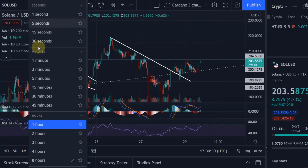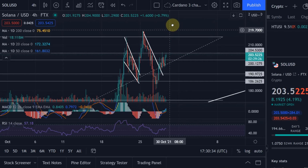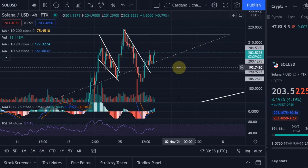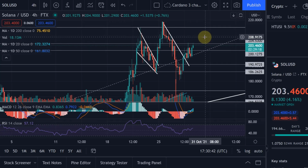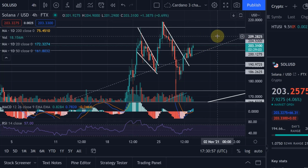at 219 US dollars. To be honest, Solana is currently doing what Bitcoin is doing, pretty much just mimicking and following Bitcoin, which is why it's also important to look at Bitcoin. I did say for Bitcoin that I wasn't sure if we had already seen the completion of the correction. As you might remember, I told you about the target levels that I expect Bitcoin in that current ABC correction to get into. It did get into it, not on every exchange, but on Bitstamp, for example, it did hit